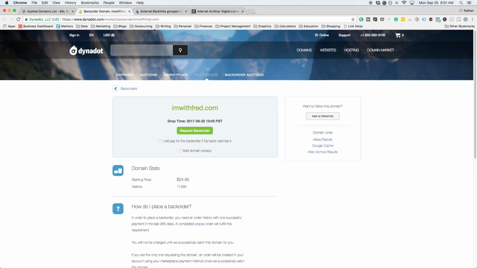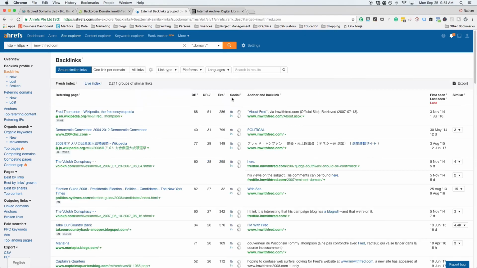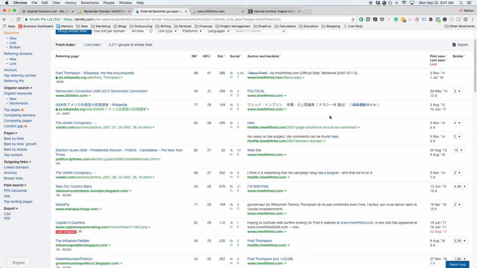So let's do a little bit deeper analysis to see if it's worth the price or even worth pursuing at all. So right away, I see that this domain has a link from Wikipedia and it has a link from the Democratic National Convention. So these are both really good signs right off the bat. Also, it looks like there is a link from a Japanese version of Wikipedia.